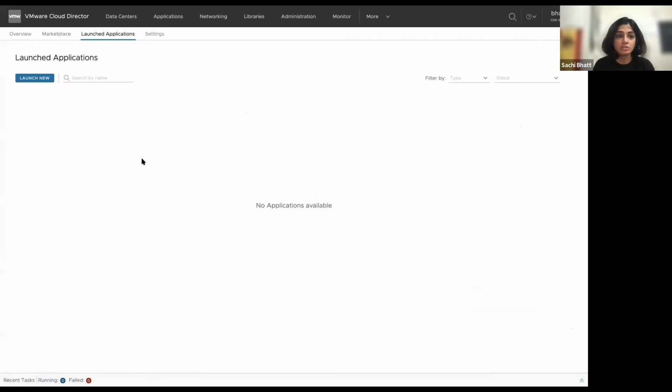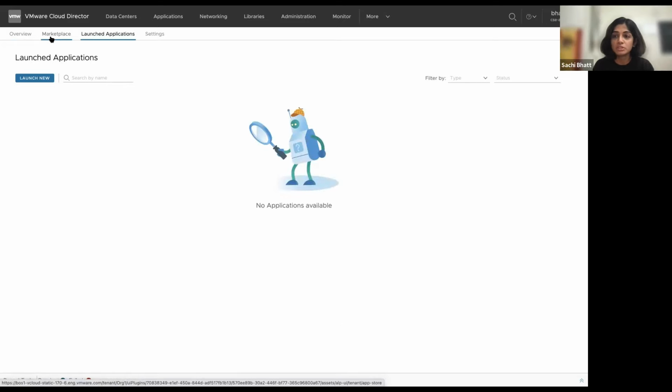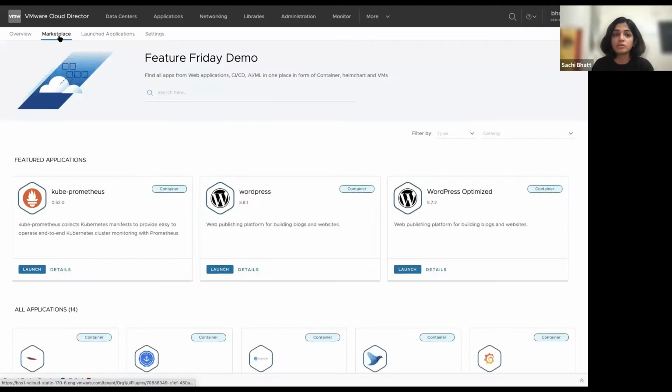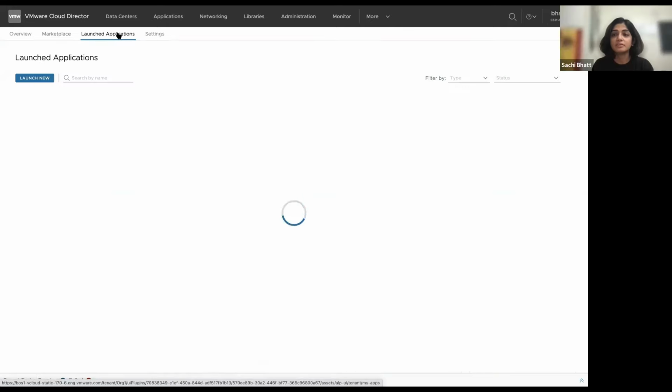The launched applications page will show all the applications that are being deployed by all the users in this tenant, and then you can simply filter and check any applications that the users have launched, and then you can relaunch that for your user as well. So the tenant admin can look at all the usage, and they don't need to navigate back and forth from the marketplace to launched applications to manage. I see. So they can do some inline management if one of their customers is having a challenge. They can relaunch the application for them.